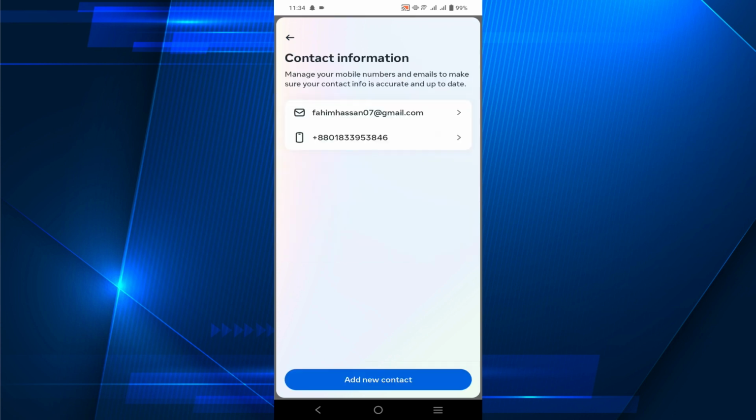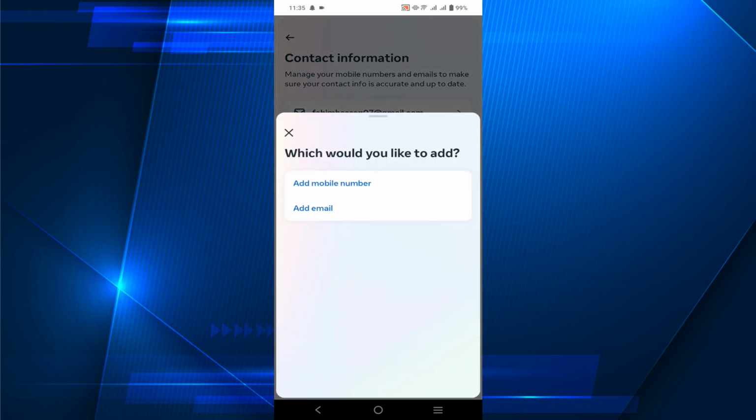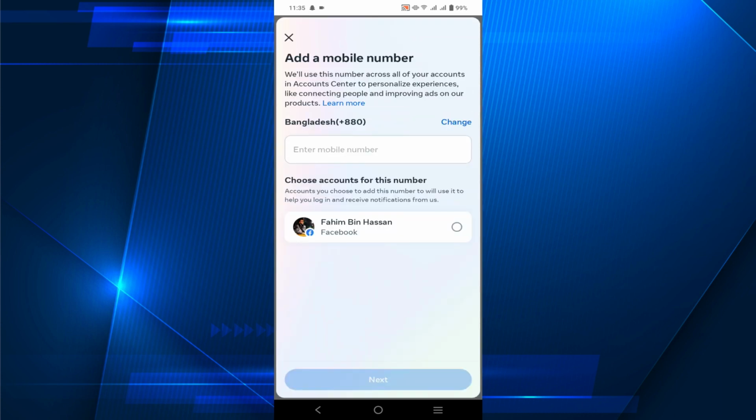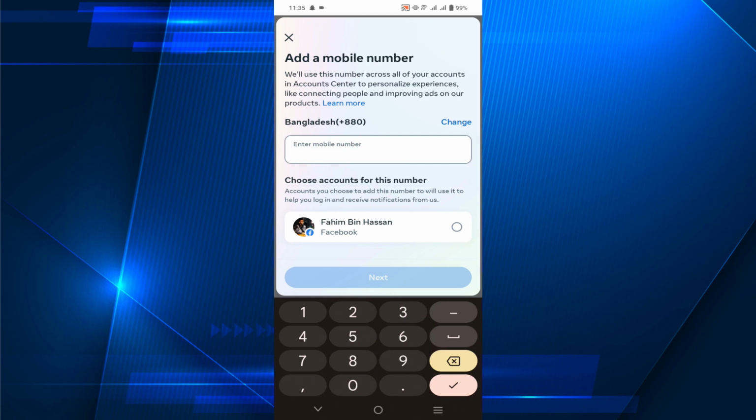Click that option here, and now this is my email and also my previous phone number. First of all, I need to add my new phone number. To add it, just click here, add new contact here, and select add mobile number here, and now give your new mobile number that you want to add. I'm just giving my new number,